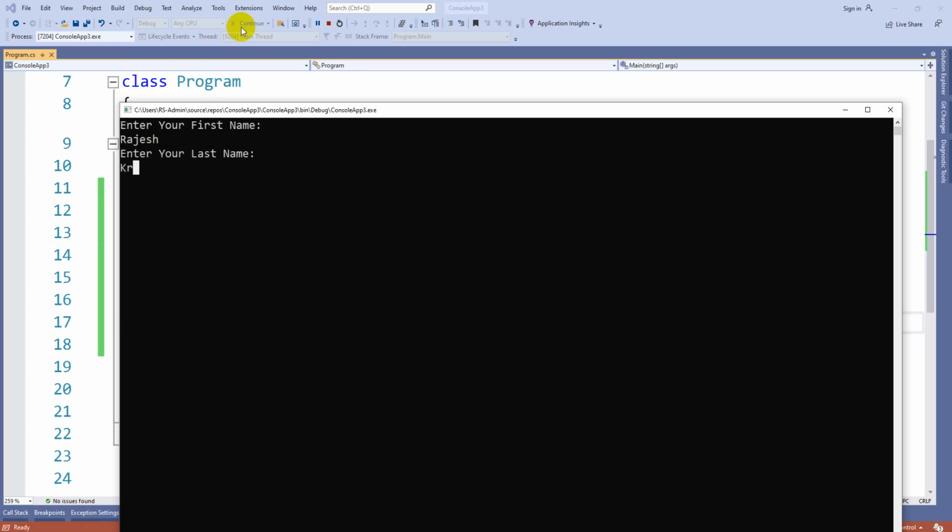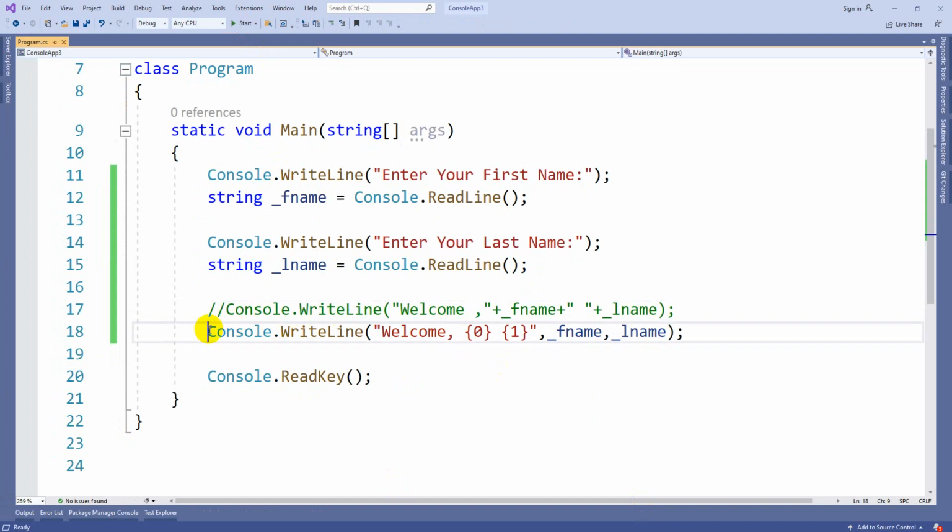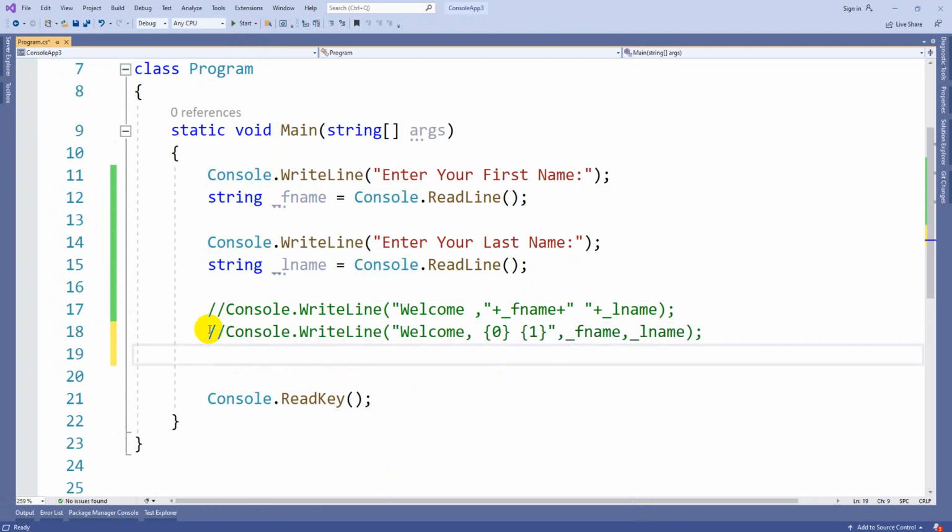No change at all. So even if it is still confusing you, in the latest version of C Sharp you got some additional shortcut for this. Before the double quotes you need to keep a dollar. So as this you are going to write welcome. Instead of placing these zeros and ones, since it is confusing, in the curly brackets I can directly write which variable value I want to print. So welcome comma, after that the first name variable value will get printed, and after that the lname value will get printed here. Now again execute.